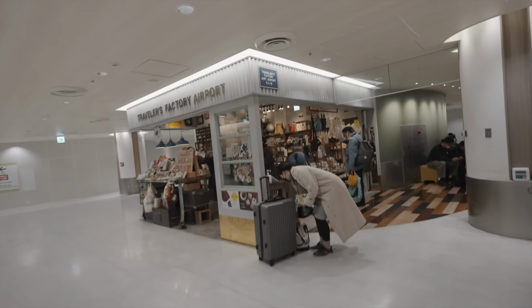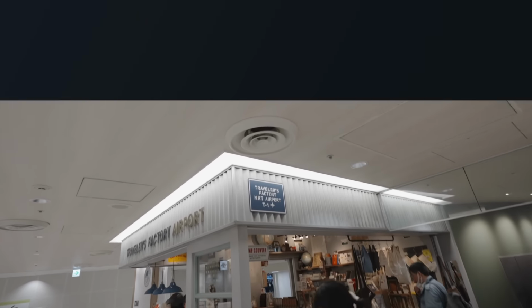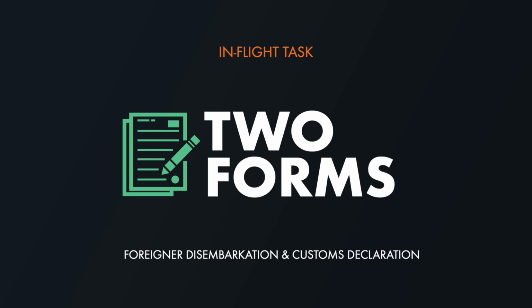Personally, if pricing is the same, I prefer flying into Haneda but flying out of Narita. And for those who have been with me for a bit, you know exactly why Narita is my outbound airport of choice. Okay, with the 5 items on the pre-departure checklist done, let's shoot over to the plane